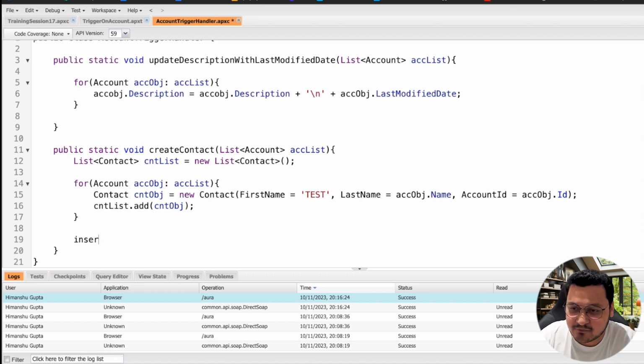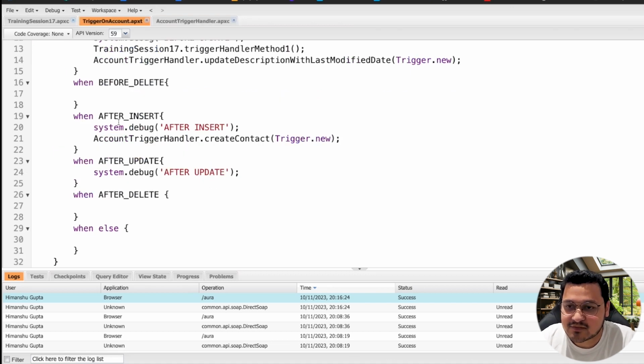So we are going to do insert, because this is a fresh contact we are creating, and we are going to insert the whole list. Then we need to call this particular trigger after insert, with the name of the class and our method. And then we are going to pass trigger.new. Once we do that,